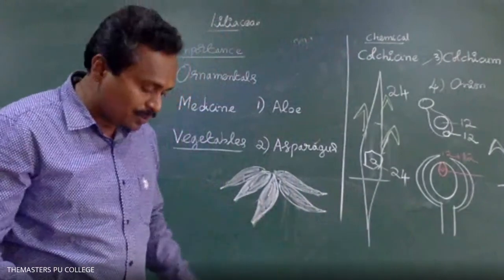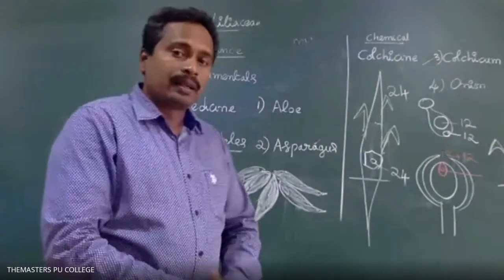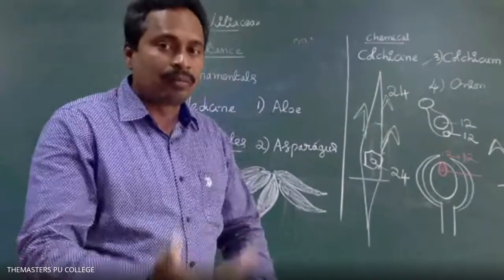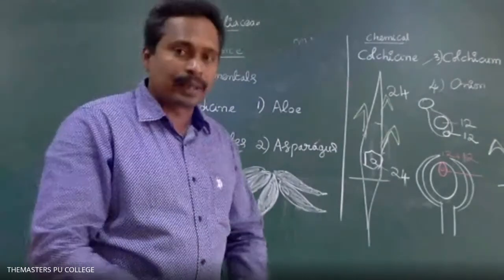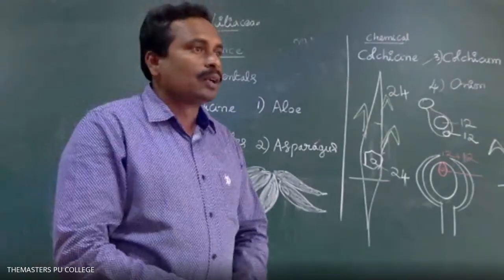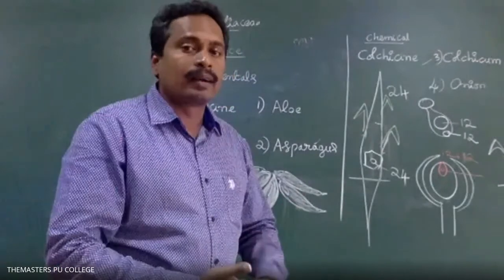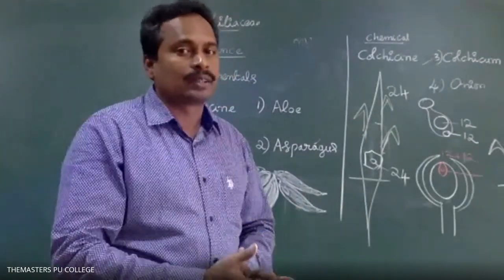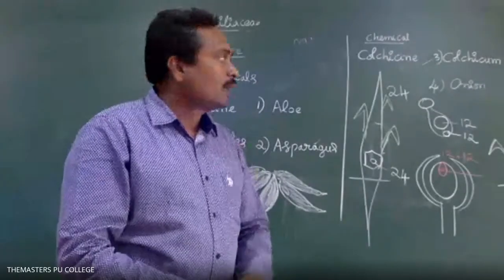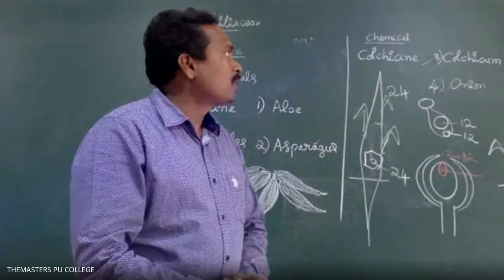Sir, maybe physically there won't be any changes, no, sir? Only the chromosomal number changes. Chromosomal number, height of the plant, number of leaves, and the product also vary. Sometimes it may be harmful to the plant organism and lead to death. That is the importance of colchicine. So colchicine is obtained from colchicum.